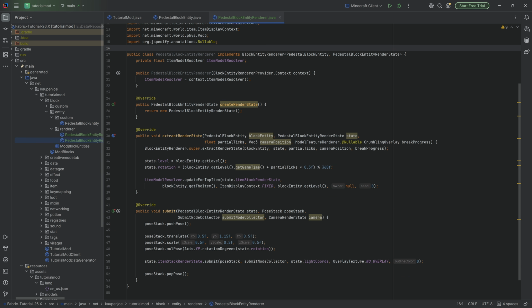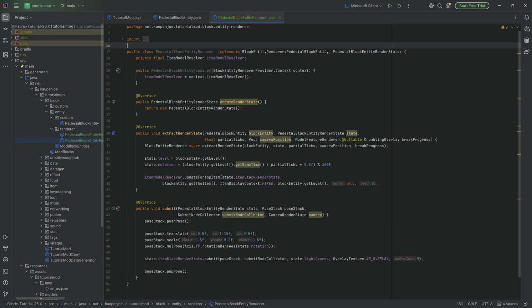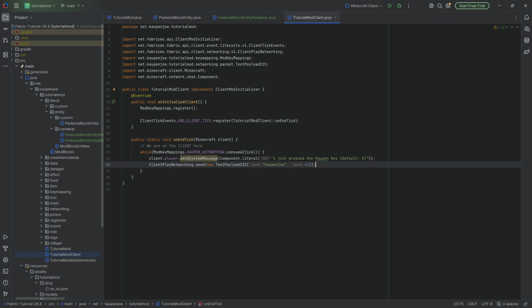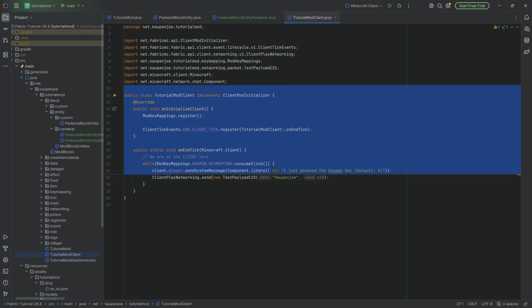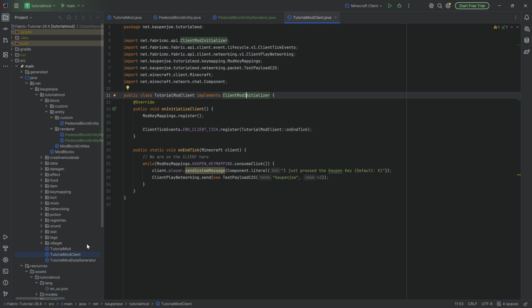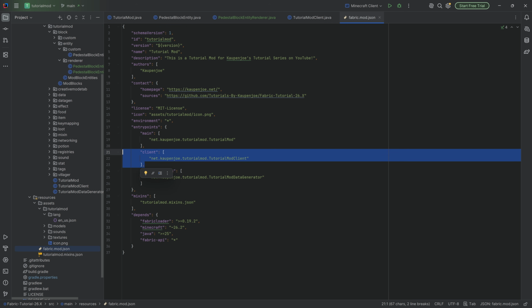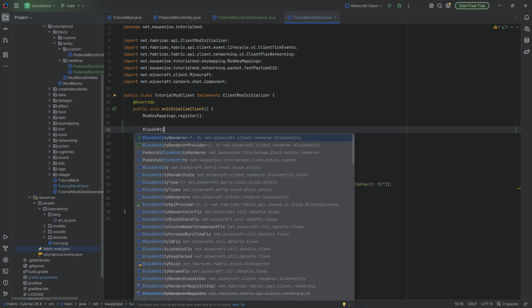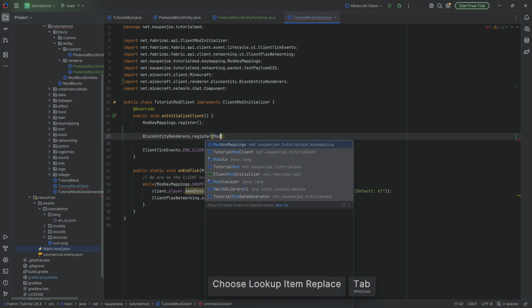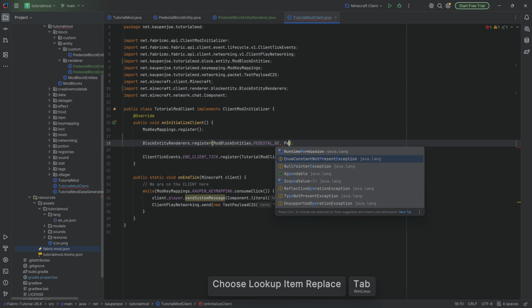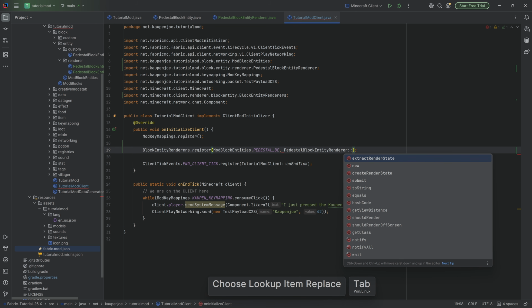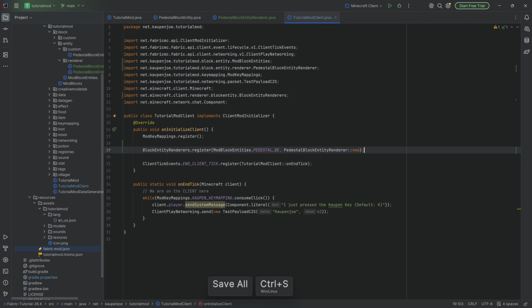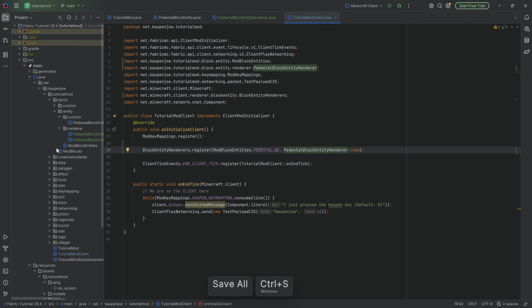from there. Now, having created this, we can connect the block entity renderer with our block entity by going to our client class. If you do not have this, then I highly recommend you obviously once again check the GitHub repository down below. You need the client class over here, implemented the client mod initializer, and very importantly, it needs to be added as an entry point right here in the fabric mod JSON file. When you have this, then we can do BlockEntityRenderers, very important, BlockEntityRenderers, there it is, .register ModBlockEntities.PEDESTAL_BE, and then this is the PedestalBlockEntityRenderer::new. Should be no issues, and that is going to have our block entity properly rendered, and that is basically the